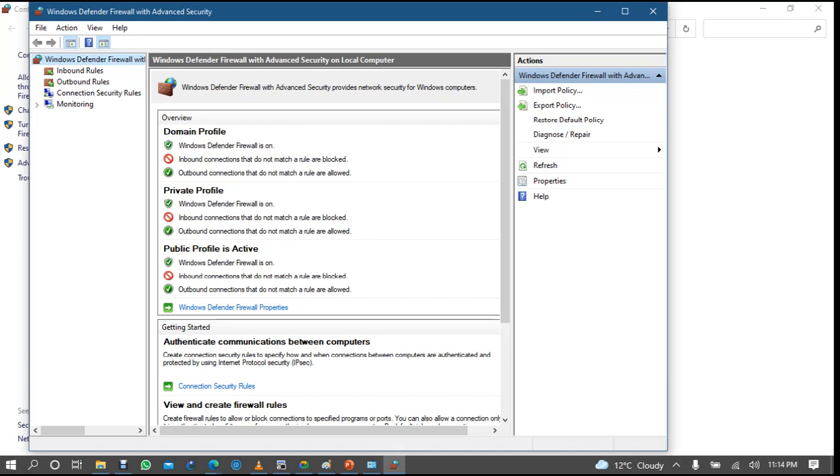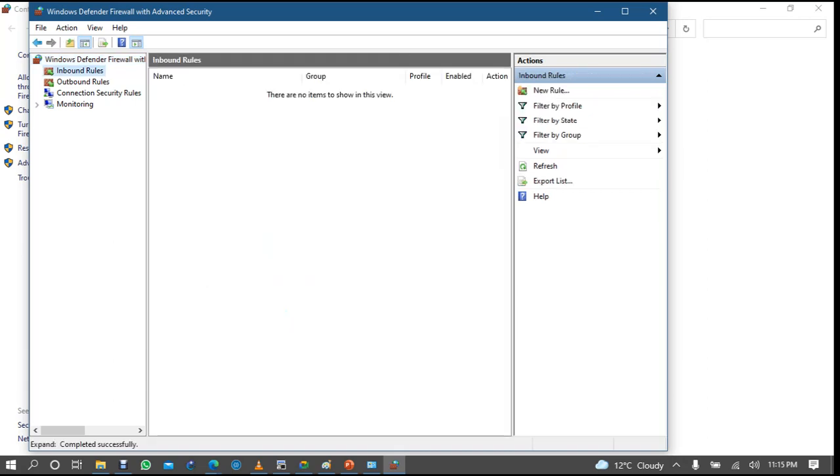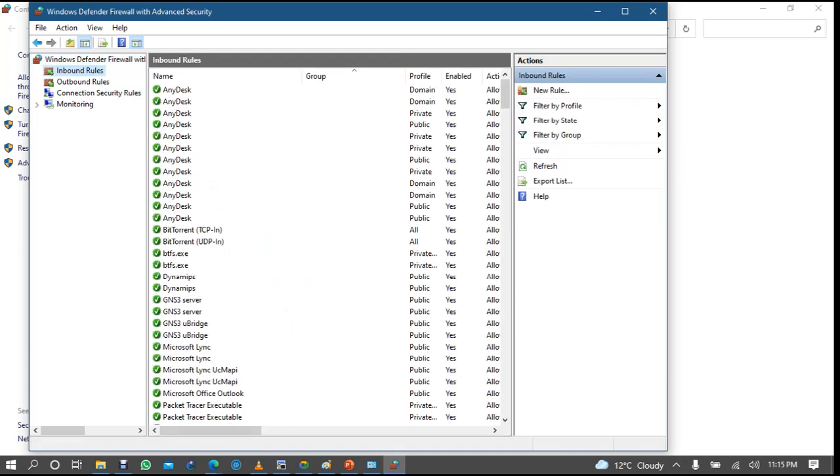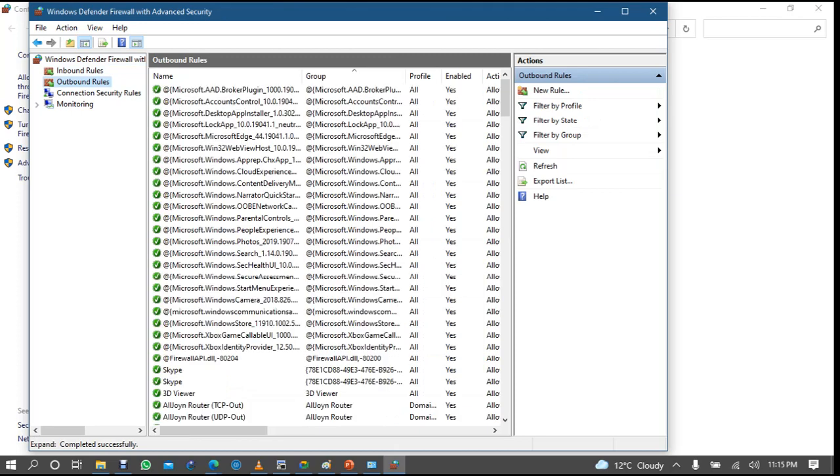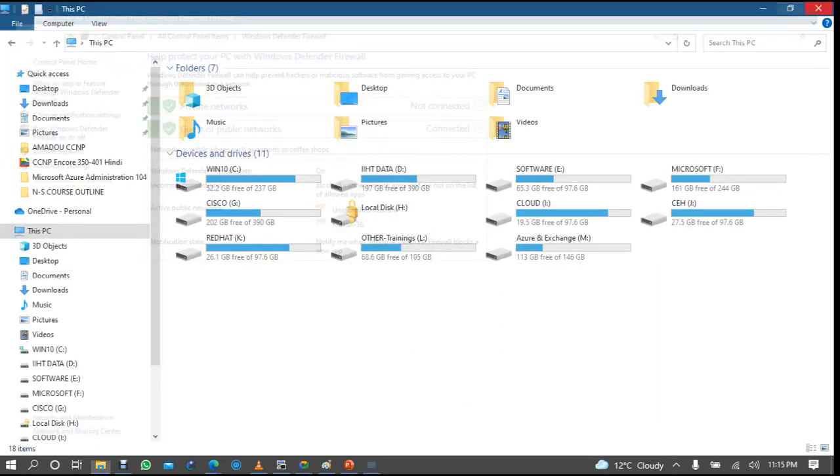Or suppose you take the example of a company: who can enter inside your company to access your server, or who can go outside from your company to access some other servers from the internet. So inbound means who can enter my server, and outbound means who can exit from my server, or exit from my organization. So you can see here,